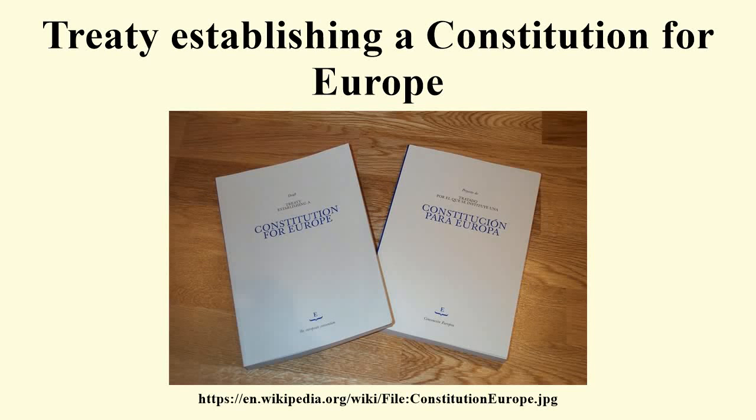The treaty establishing a constitution for Europe was an unratified international treaty intended to create a consolidated constitution for the European Union. It would have replaced the existing European Union treaties with a single text, given legal force to the Charter of Fundamental Rights, and expanded qualified majority voting into policy areas which had previously been decided by unanimity among member states. The treaty was signed on 29 October 2004 by representatives of the then 25 member states of the